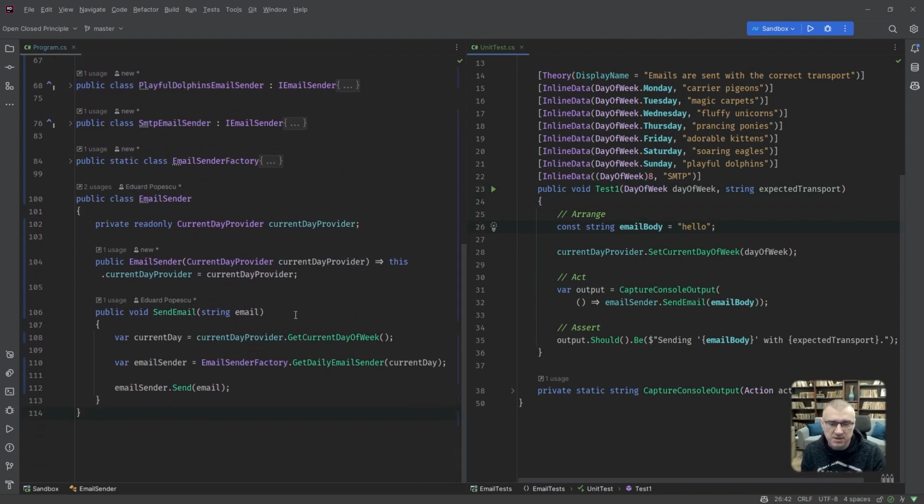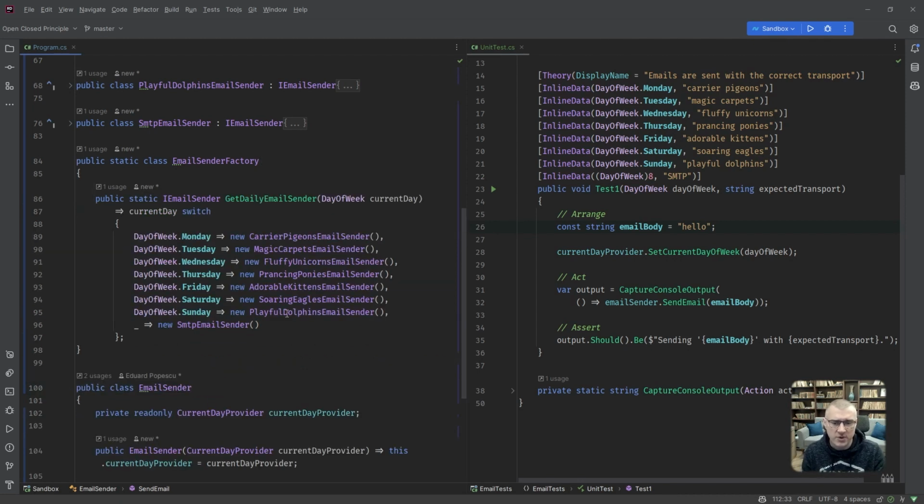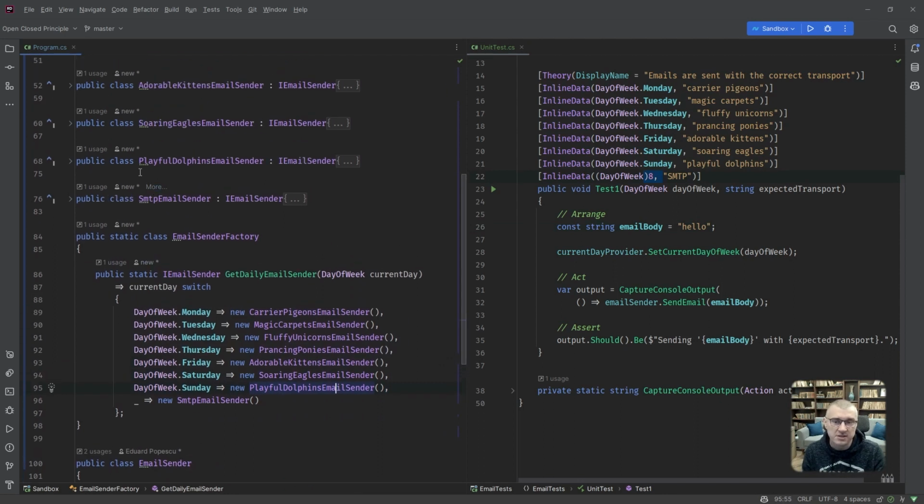Okay, so I would say that we managed to achieve our objective. Like now this thing obeys the open-closed principle, I would say. Because if tomorrow we decide that the week has 8 days and we want to send with somehow else, all we have to do is create another class implementing the same interface. Come in here and change this, true, but its only reason to change is to change the dictionary.